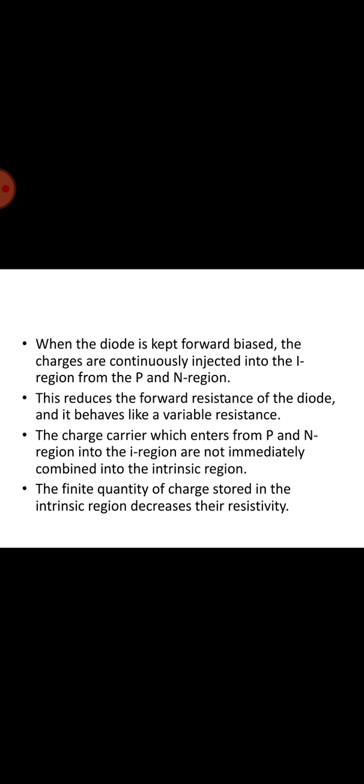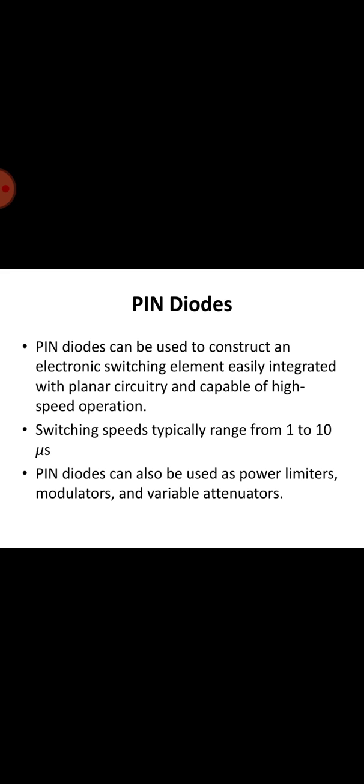The finite quantity of charge stored in the intrinsic region decreases the resistivity. So PIN diodes can be used to construct an electronic switching element, and can be easily integrated with planar circuitry and are capable of high speed operation. Switching speeds typically range from 1 to 10 microseconds,